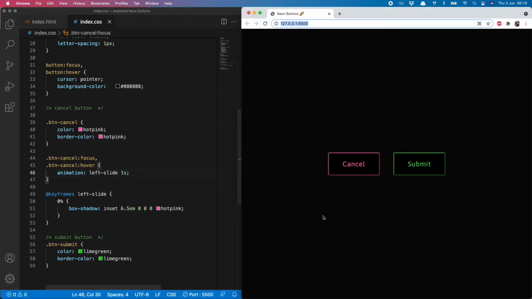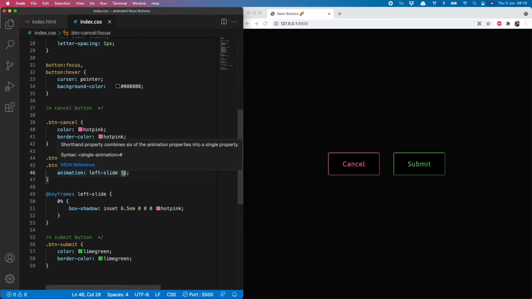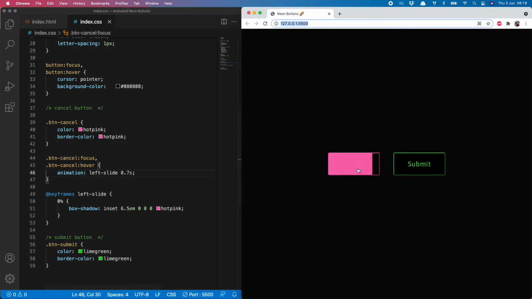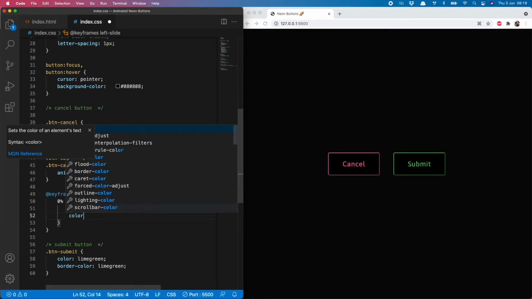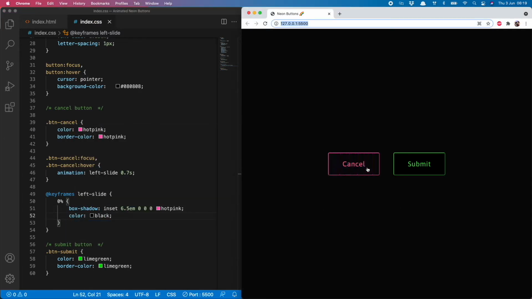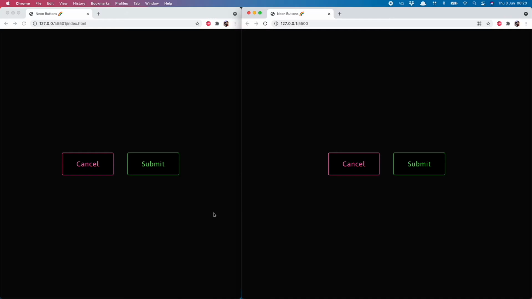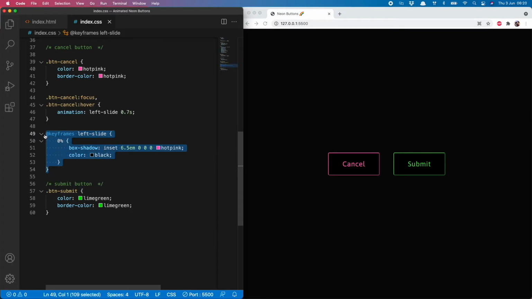Let's give that a go. Looking pretty good, but possibly a bit slow. So I'll do 0.7 seconds. I think that's better. But the other thing is, we also want to be able to read the text clearly when we're hovering. So to do that, we do color black, and that's looking cool. And it's a very similar setup for our submit button. So I might as well just copy this,